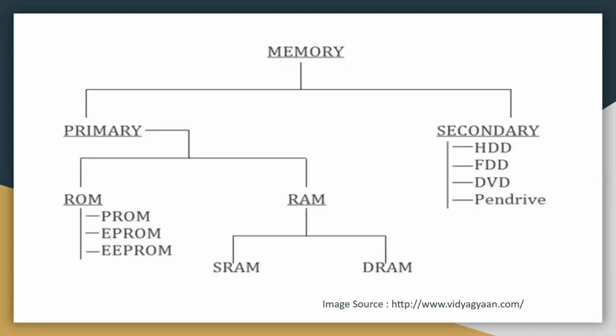So depending on your requirement, you have to select what you want to go for, whether you're going to go for SRAM or for DRAM. When you talk about access time, SRAM is faster. So when you want fast working of your RAM memory, then you can go with SRAM.